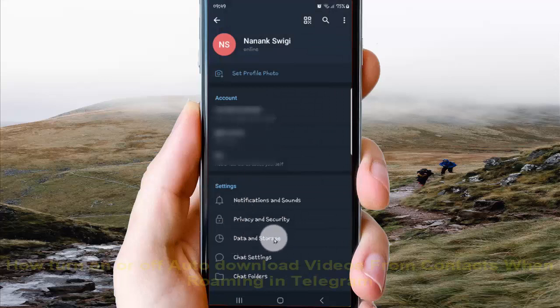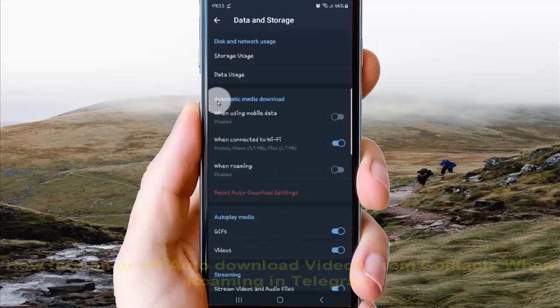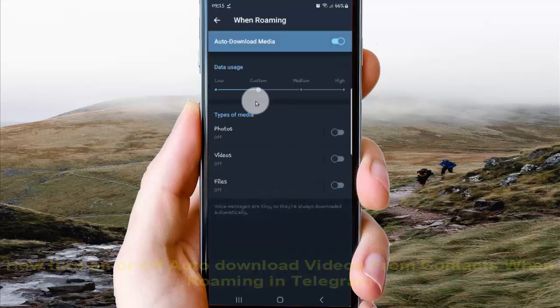and then tap data and storage, and then on automatic media download, select when roaming, and then select videos,